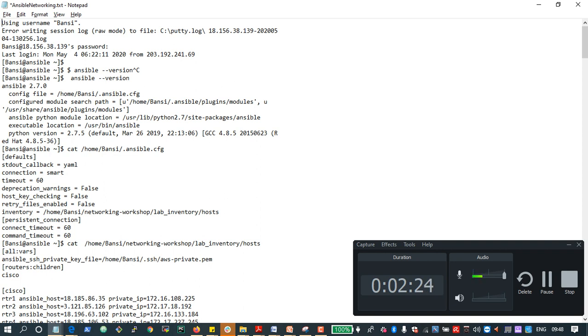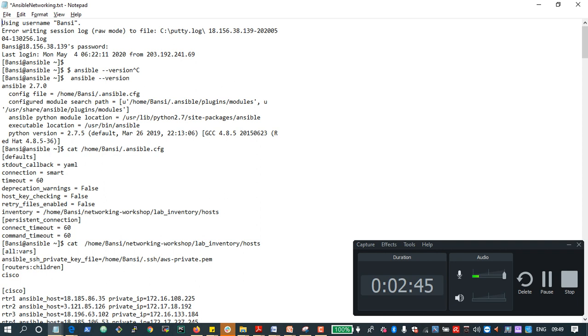Okay, so I have logged into the session. Once I logged in, I checked here. You can see the Ansible version. Then in ansible.cfg I have made the value false.